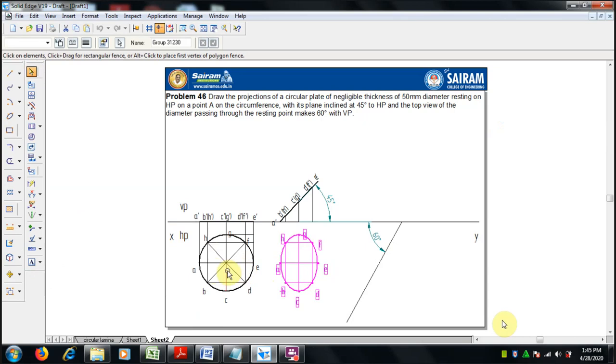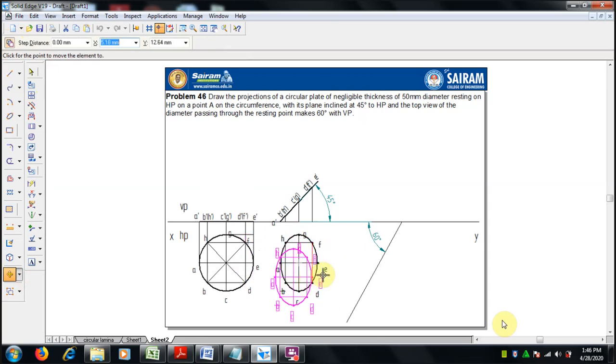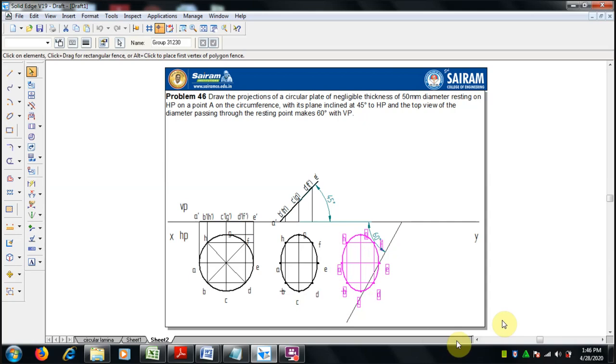So I can select point E for moving. While moving it asks the point to move from, so select this, which point we have to move from, that is from point E. Keep the point E on the line which is inclined. So one copy only we moved and the original will be here.